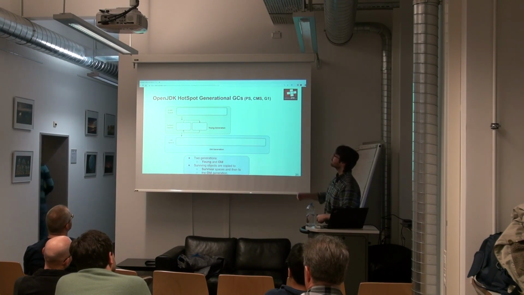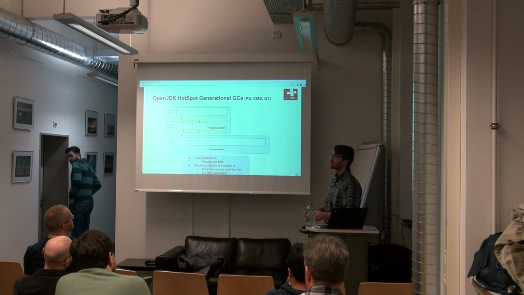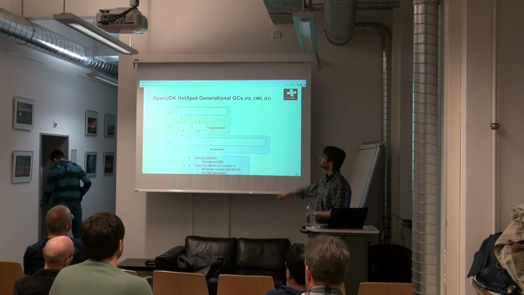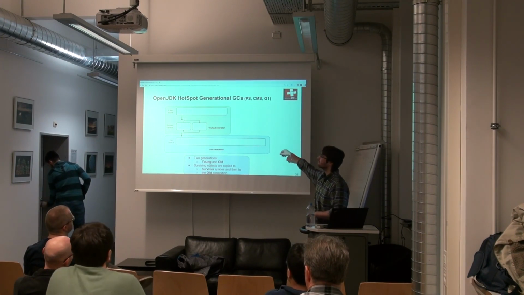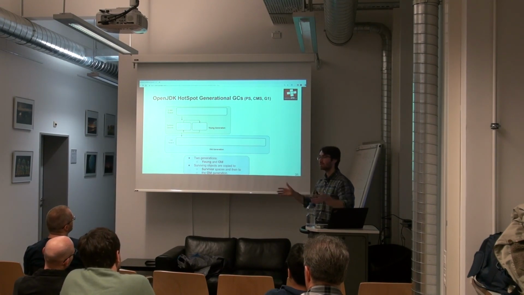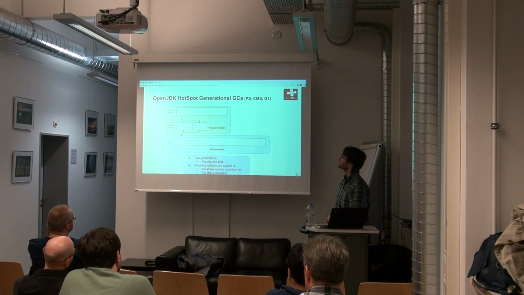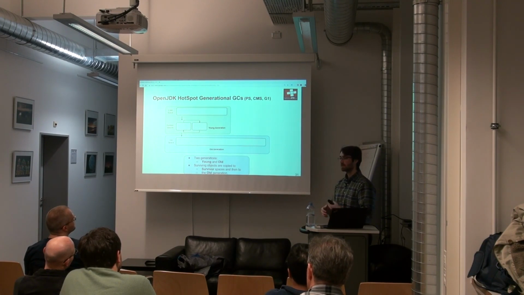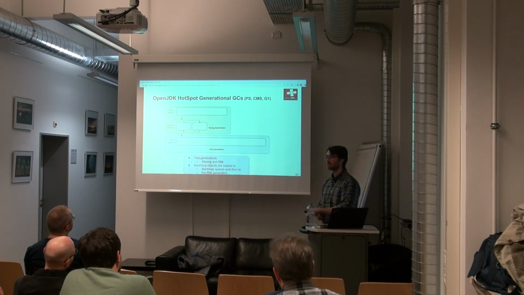They're called generational GCs because they have two generations: the young generation and the old generation. The old generation has one space, the old space. This can actually be partitioned in memory. It doesn't have to be a contiguous space, but for the sake of simplicity, let's assume that it's contiguous. Then you have the young generation, which has the eden space, where all the objects are allocated, and the survivor spaces, which are used to keep objects until they are old enough to move to the old space.